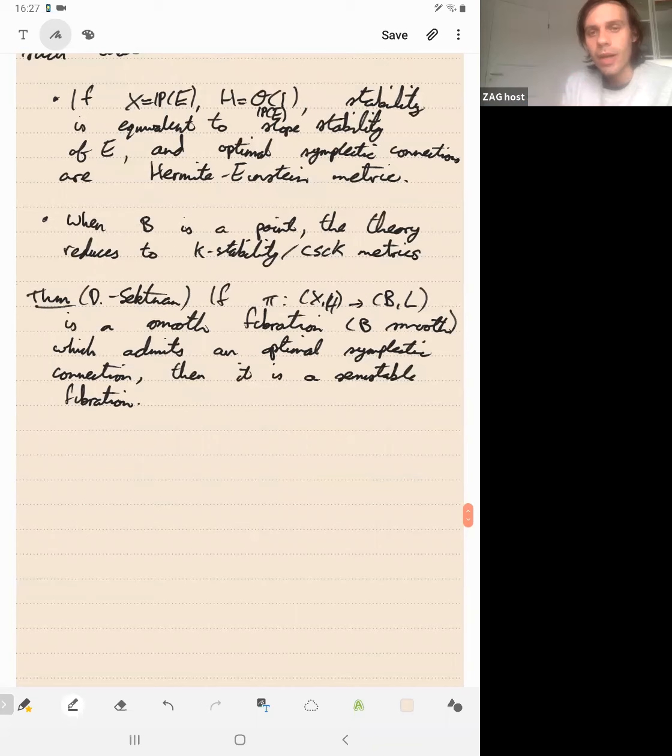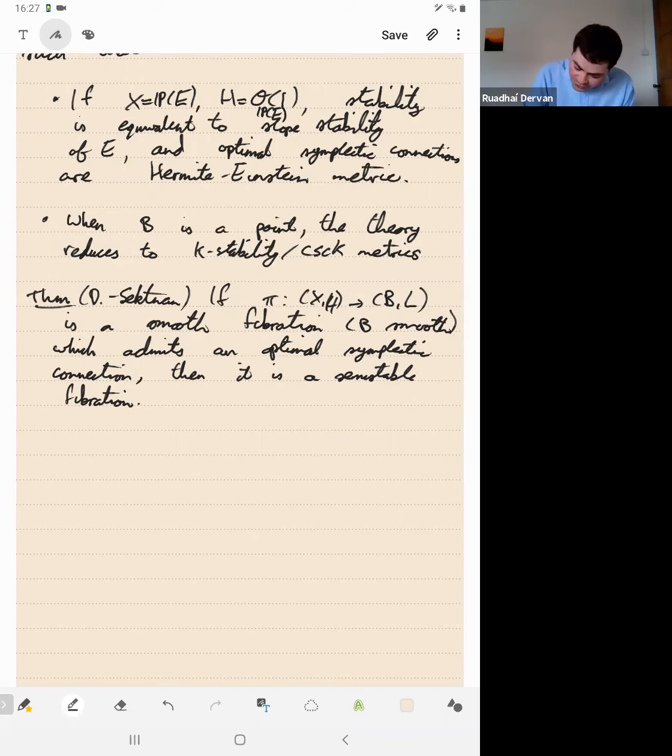In your theorem, are you assuming that the fibers are smooth too? The fibers of the fibration are smooth? Absolutely, yeah. For me, a smooth fibration means the fibers are smooth. Okay, so in complex geometry, this would be a holomorphic submersion. I'd love to generalize it beyond that case, but singularities are hard in Kähler geometry. So for the moment, this result is about smooth fibrations, so holomorphic submersions. Thanks.